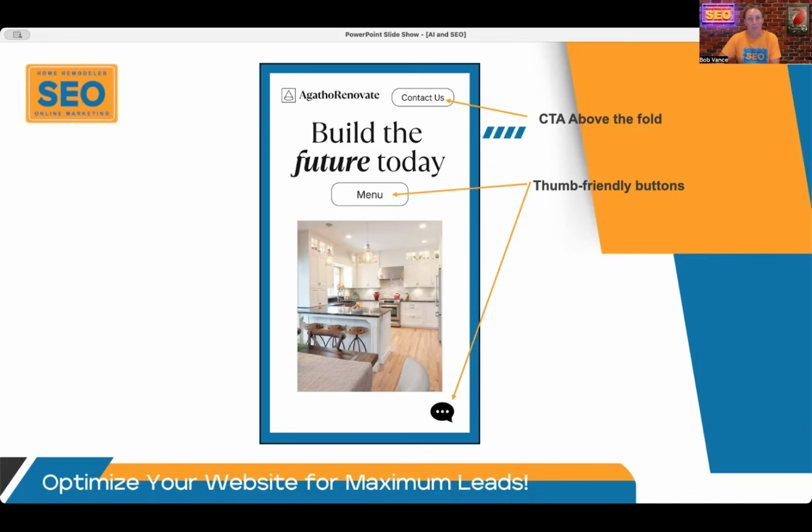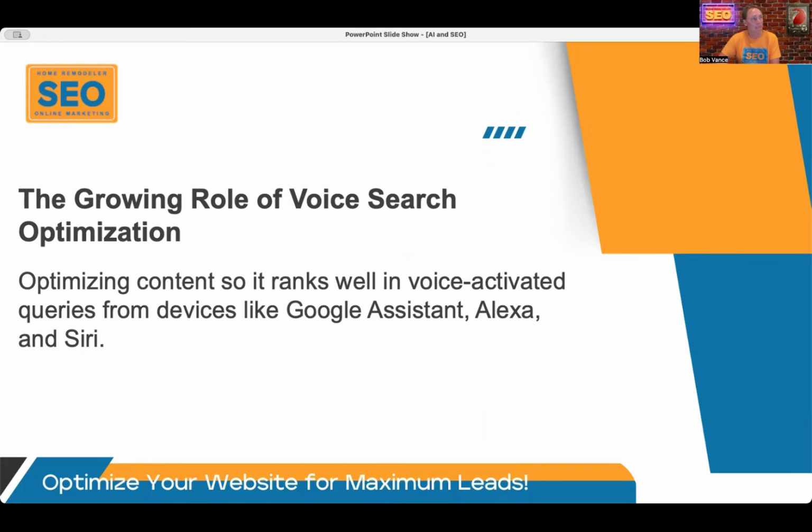And then there's also the growing role of voice search optimization. By definition, this is optimizing your content so that it ranks well for the voice activated queries that people are submitting, like using Google Assistant or Alexa or Siri.